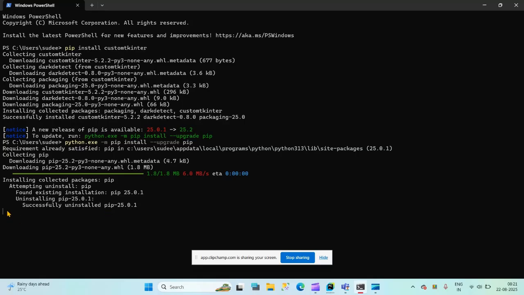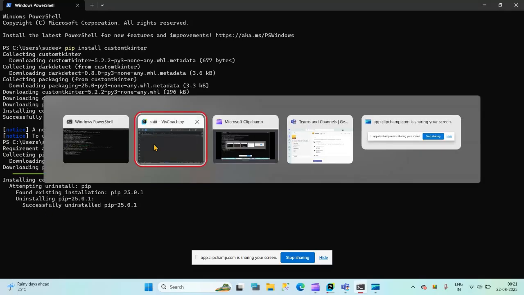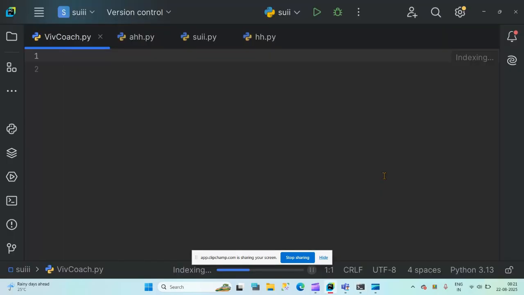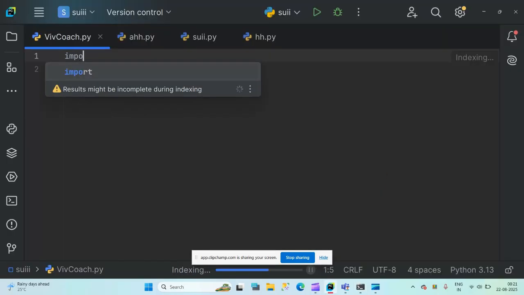Don't type this. And let's go. So now I should be able to import